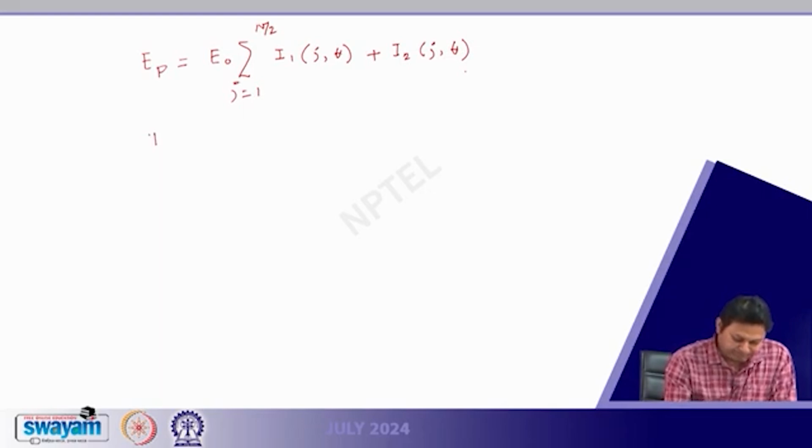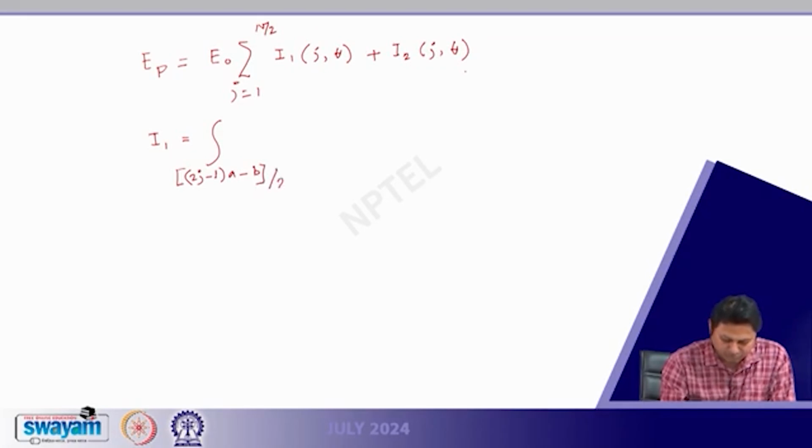where I1 was the integral with lower limit (2j minus 1) multiplied by (a minus b), whole divided by 2, and the upper limit was ((2j minus 1)a plus b) divided by 2, and the integral was e to the power of i k y sin theta dy. That was I1,